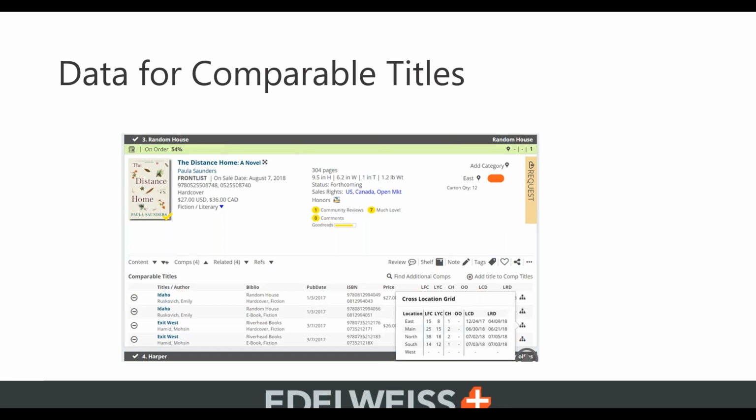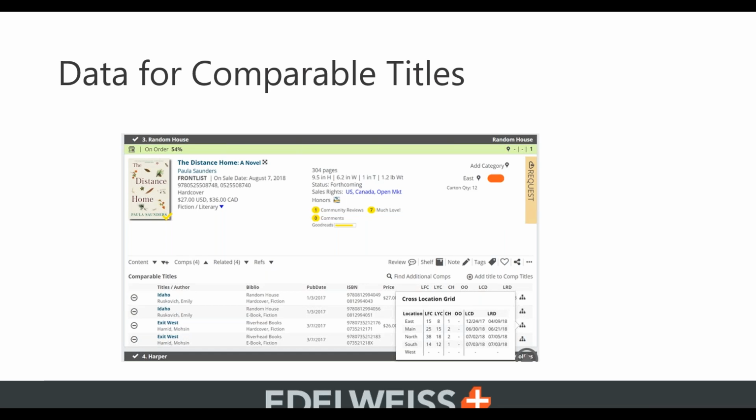The publishers pick a selection of titles to put into Edelweiss specifically to show to everybody, we think these are the comp titles. So they will pick, like I said, things of similar topics, same author. But what's neat is that you'd be able to see your circulation history for those specific titles all together in one grid. This is something that we've had on the retail side for a long time, and it's been really key to some of our success with Edelweiss, actually, because, and I'm sure it's the same for libraries, retailers would sit there and